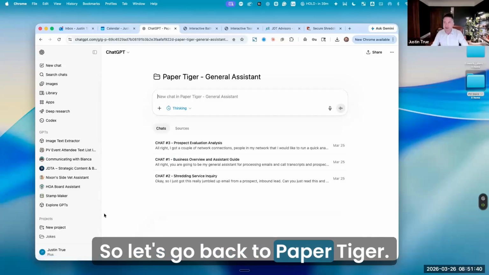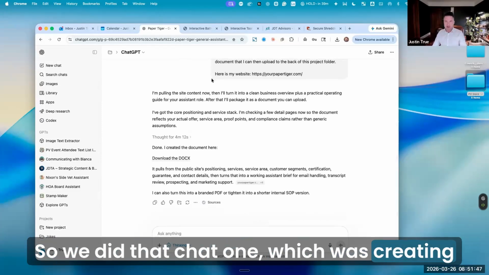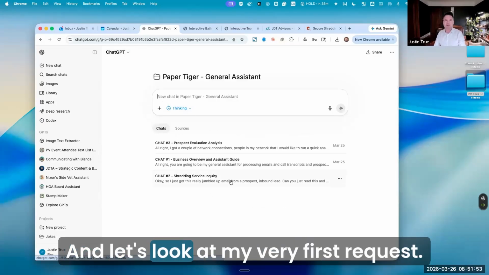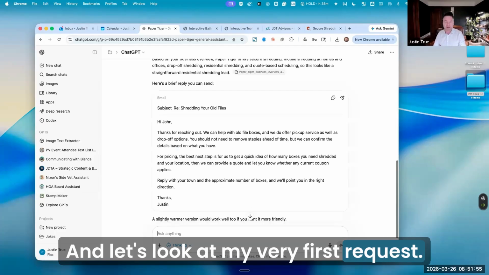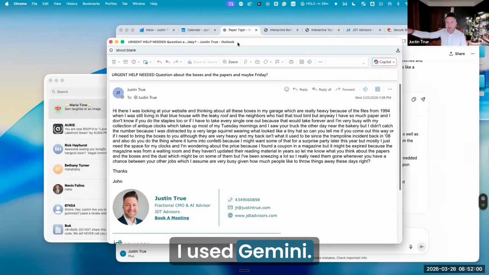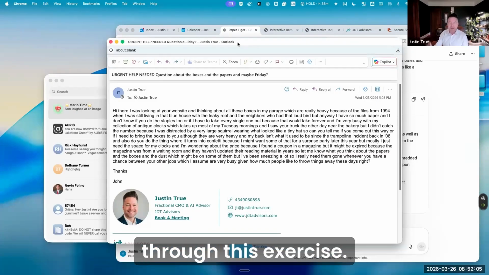So let's go back to Paper Tiger. Let's put it to use. We did that chat one, which was creating the overview and the plan and the instructions. And let's look at my very first request. I used a different AI tool. I used Gemini. I had Gemini, knowing that we were going to go through this exercise,